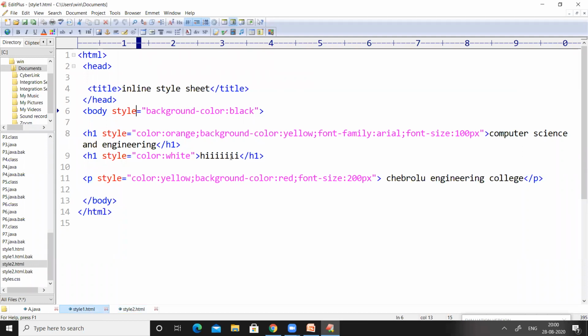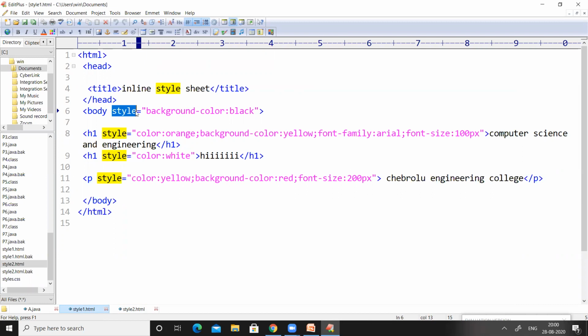In order to apply inline CSS, we need to use an attribute called the style attribute. That style attribute can be used along with any of the elements in HTML.